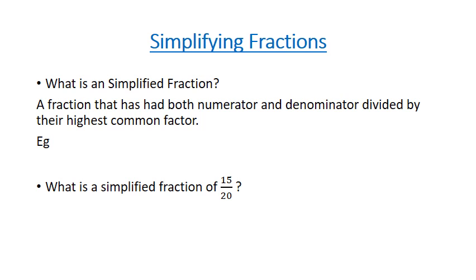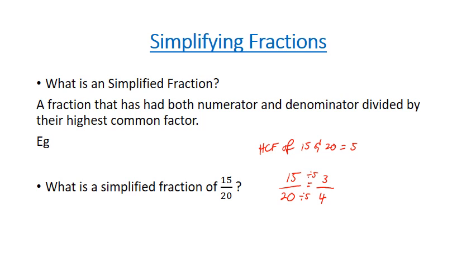So now let's have a look at simplifying fractions. Well, what's a simplified fraction? Essentially, it's a fraction that's had both the numerator and the denominator divided by the highest common factor. As an example, what's a simplified fraction of 15 and 20? Well, the highest common factor of 15 and 20 is actually 5. So my original fraction is 15 over 20. I'm now going to divide both sides by 5,